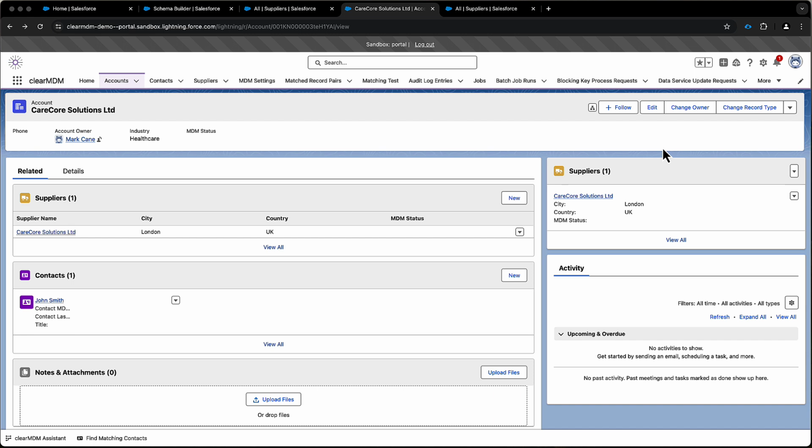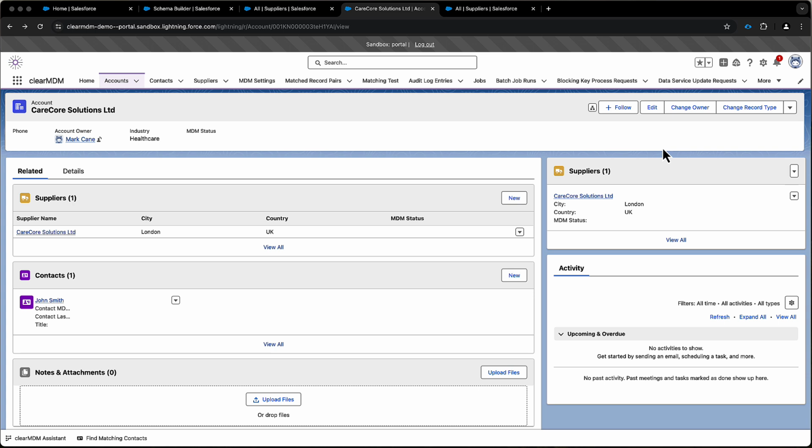So when we match and merge at the account level and we bring the contacts together and we match and merge those records, what we need to be aware of is the fact they are portal enabled. But that's okay because the Clear MDM operation handles that. And what it will do is disable the losing contact user, and could also be that logic could be extended to not only disable the portal user, but also